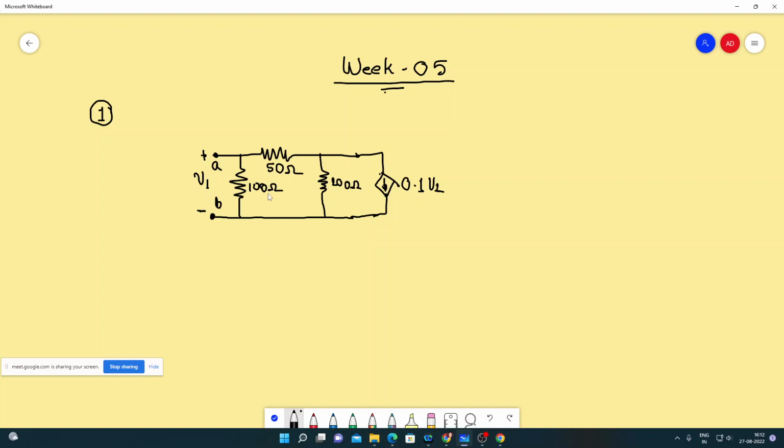So how to proceed with this type of problems? We will consider let V1 equals to 1 volt. Okay, so we need to find this current I1. So we can write this circuit as